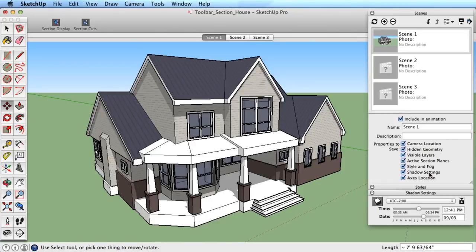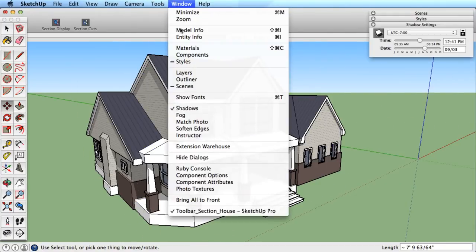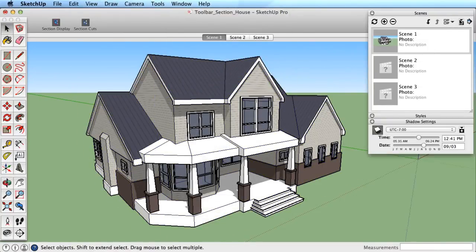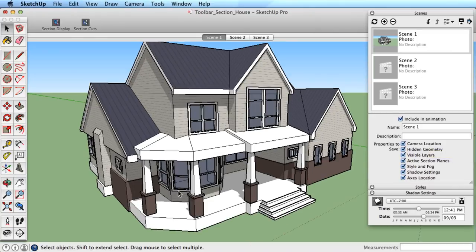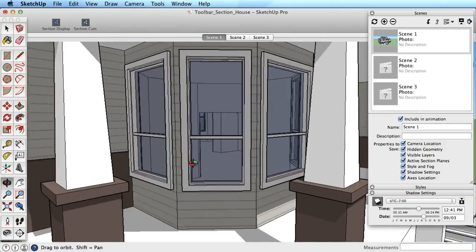Find these in the Scene dialog box, which you can toggle on through the Window menu. With the Scenes dialog box, be sure to toggle the extra settings on so we can choose which attributes to save. Let's examine each setting individually, starting with camera location. This allows you to save any view, so let's add a scene from this view,